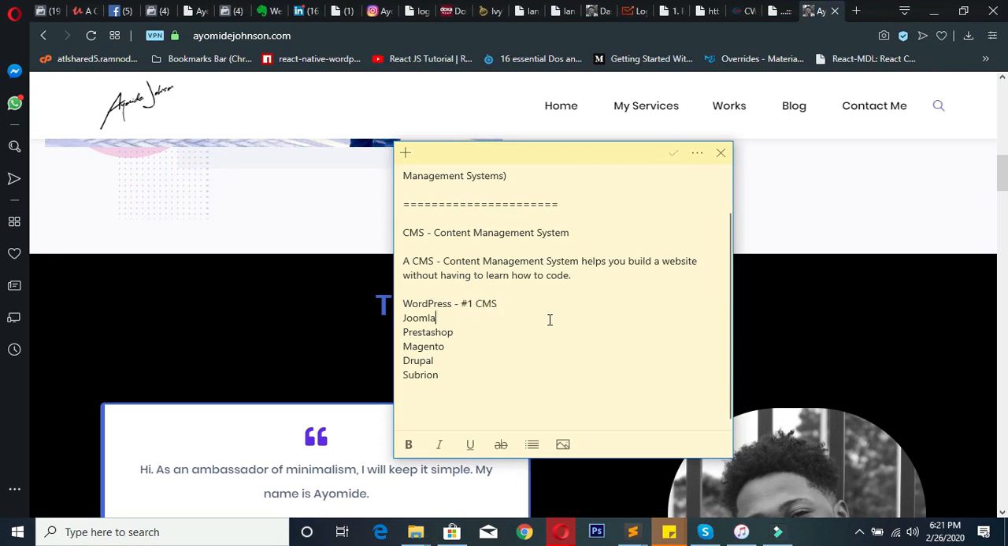And if it's e-commerce websites, Magento tops the list for building e-commerce websites. An e-commerce website is something like Jumia, Konga. That's what a full-fledged e-commerce website is. I'm just giving you an example, something like Jumia and Konga. And Magento, which is a CMS, is one that can help you build something like that. So that is just an overview of content management systems